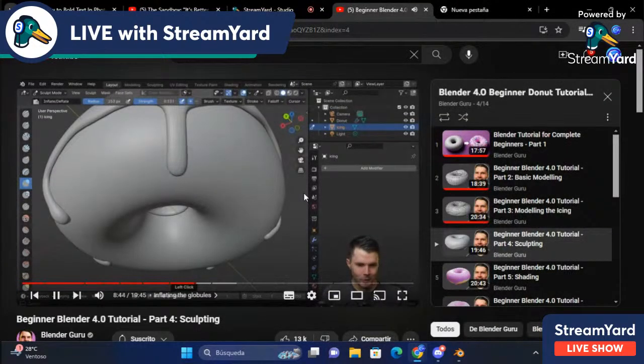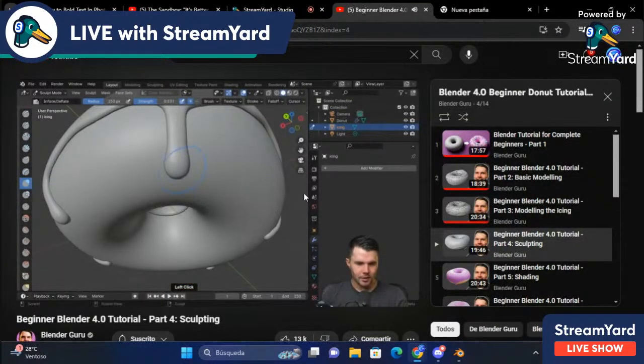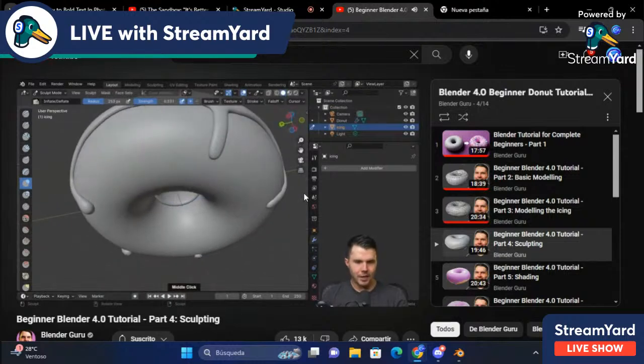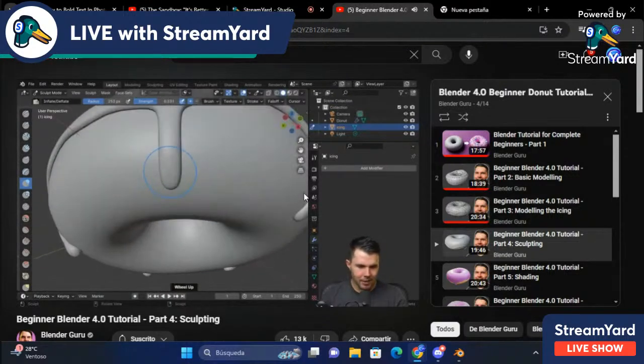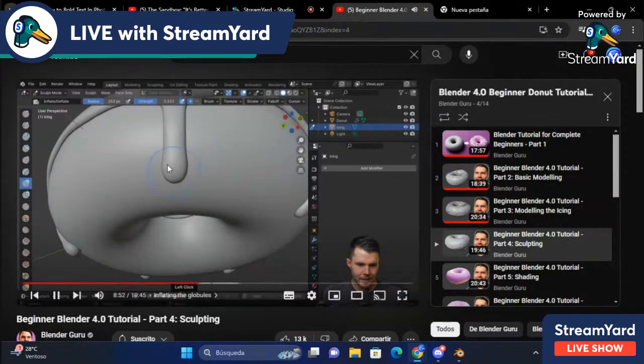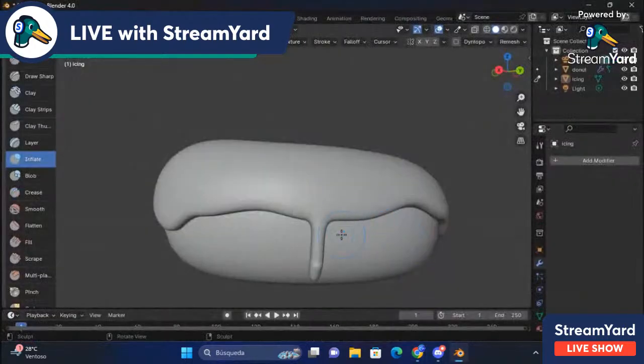I'm going to just do little circles with this brush on each of these points here. And the reason I'm doing little circles like this is